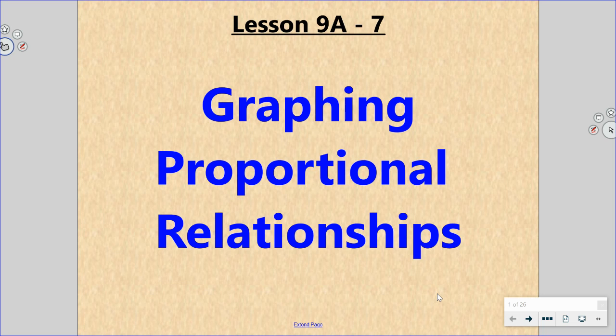Ladies and gentlemen, to lesson 9A-7. So this is that supplemental chapter. More on proportional relationships. Today we will be graphing them, not just analyzing graphs given to us, but actually creating